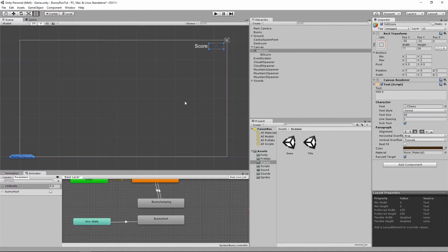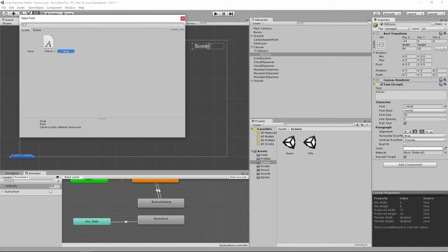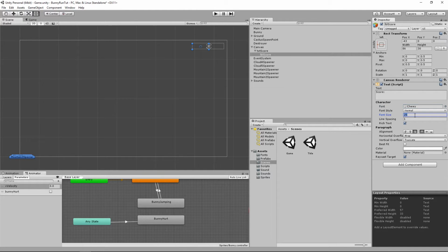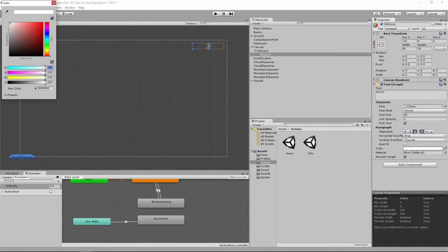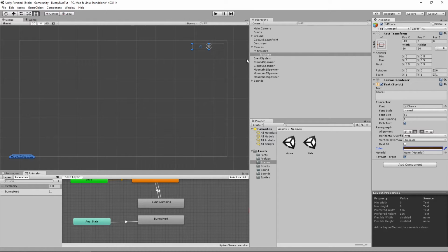We'll switch back to the scene view so we can see what we're doing over there. And we'll do the same. We'll need to resize the field, but firstly, let's take the label, also set it to the Chewy font, size to 60, set the color from white to that brown color, 72, 44, and 17. Oops, no, 17. Alright. Let's grab the label for the score and kind of drag it out